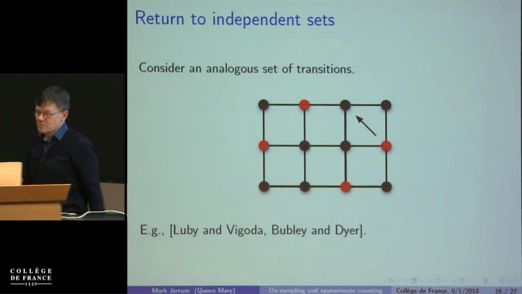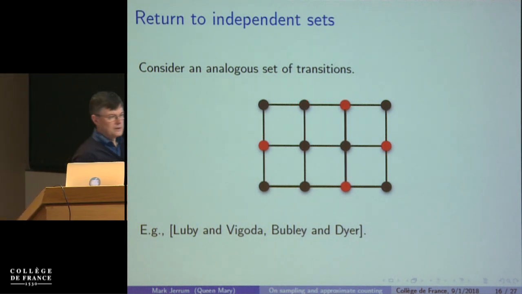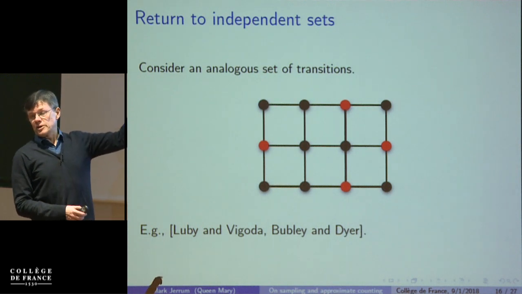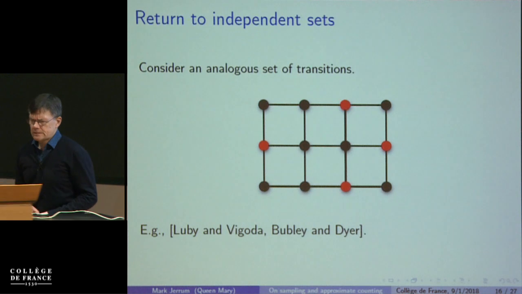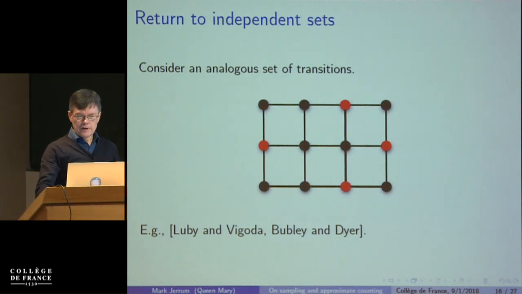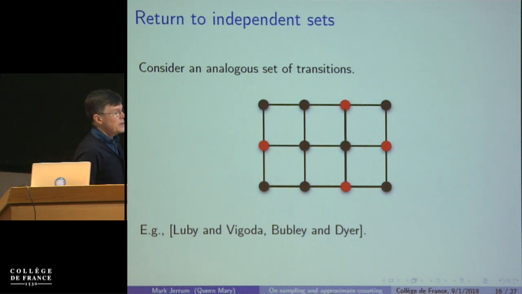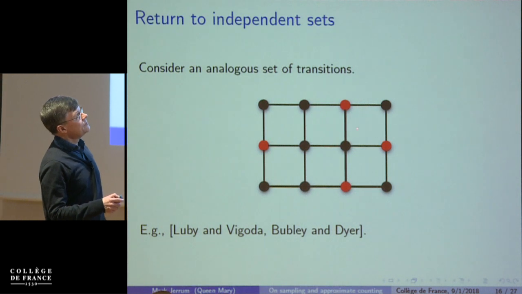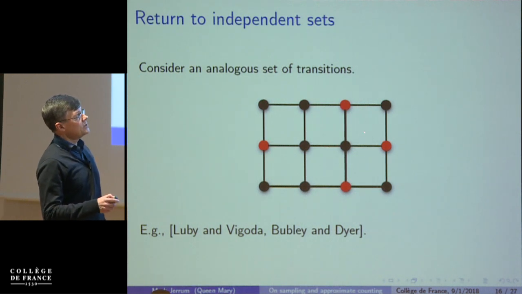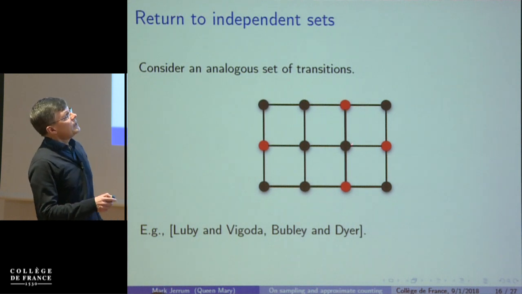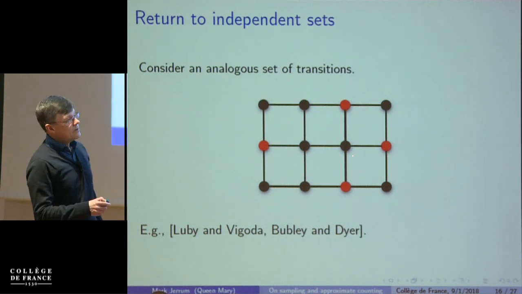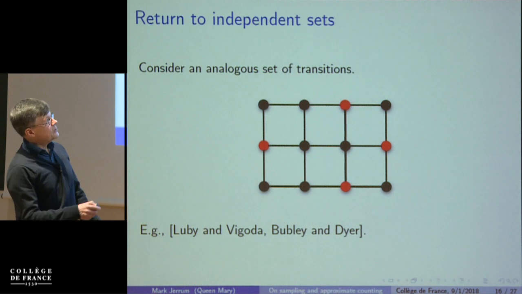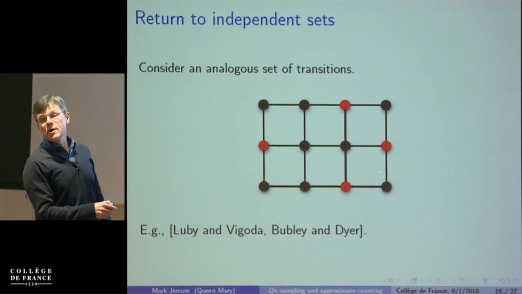But another rule that makes life a little bit easier is the slide move, which says that if you select a vertex and there's only one guy adjacent, then you're allowed to slide it across. So you can look at that, and you can try to analyze the mixing time. And actually you find that if you control the degree of the graph, how many edges are incident at a vertex, in this case 4, then for a certain range of lambdas, with degree 4, it would be okay to have lambda equals 1.